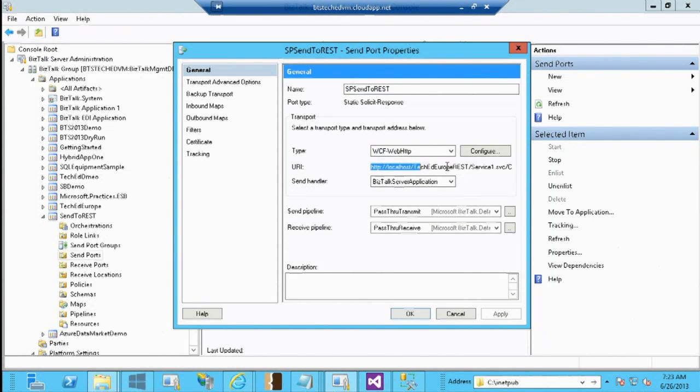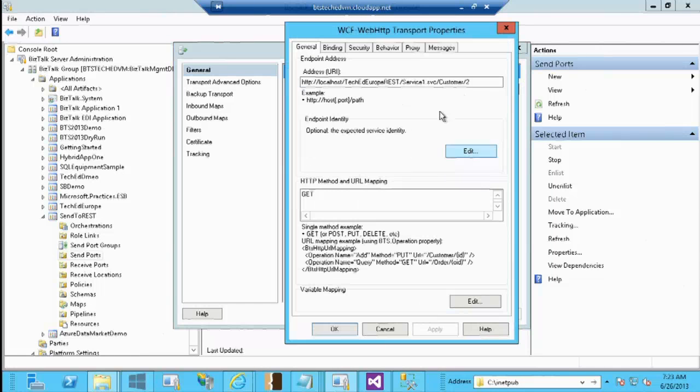Here I need to specify what URL I'm trying to hit. I can copy and paste that same URL that I had in IE, where I was hitting HTTP localhost, and say, this is the URL that I have from my partner, and I want to pass a specific parameter. But in this particular case, all I want to do is just a GET. I'm not posting anything. I am just doing a GET.